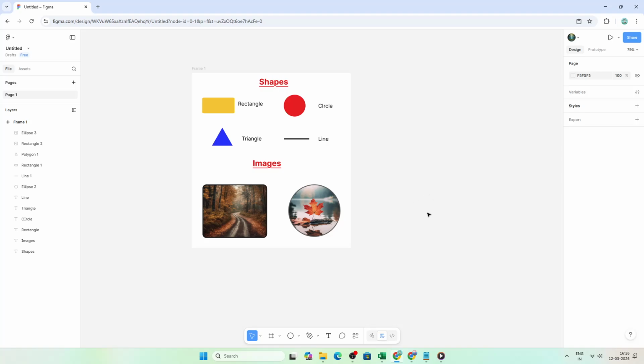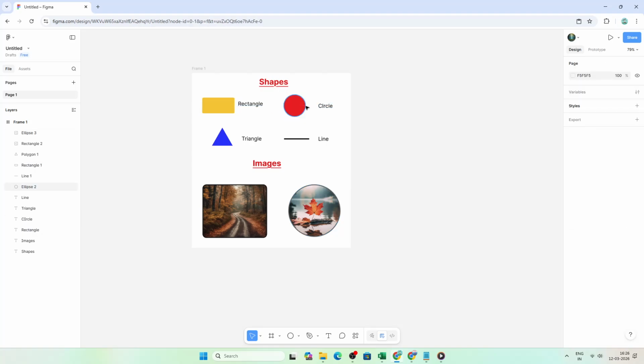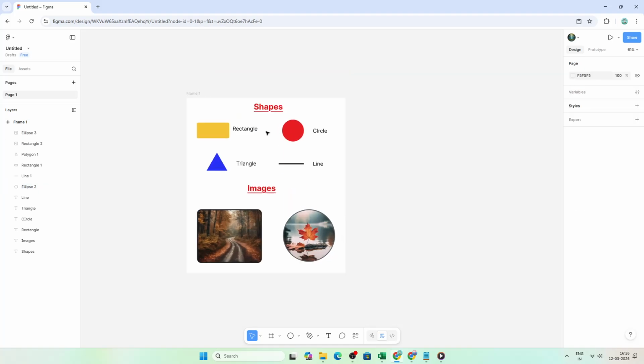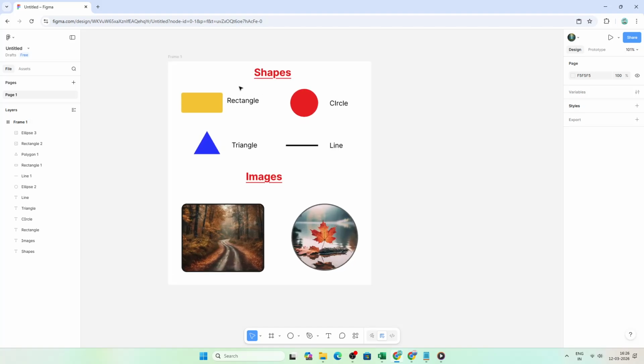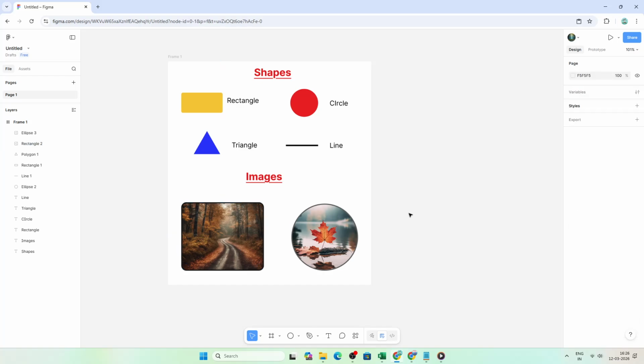In today's video, I am going to teach you how to lock objects in Figma. Locking is a simple way to protect parts of your design from accidental moves or edits, which is especially helpful for backgrounds, headers, or elements you've already finalized. When something is locked, it stays in place until you deliberately unlock it, giving you confidence to work quickly without